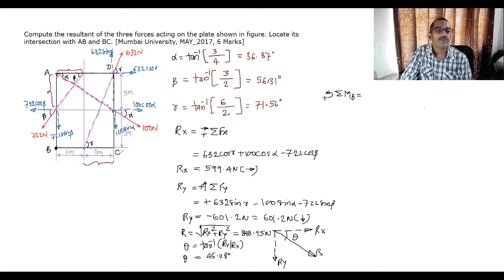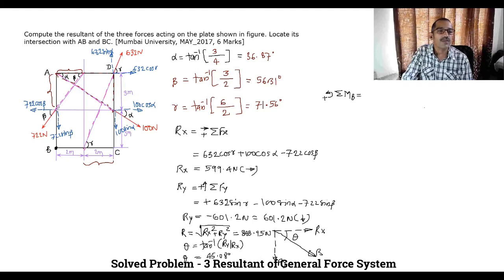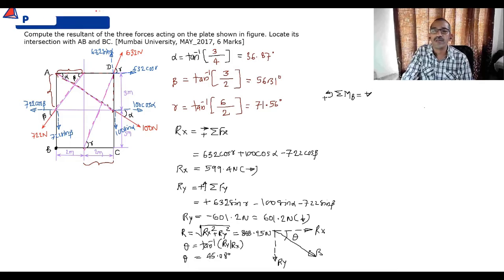Now, about point B, all horizontal and vertical components are ready, right? Therefore, if we take the first one, say 722 is nearer. For the vertical component of 722, that is 722 sine beta, its line of action passes through point B. Therefore, the moment of the vertical component of 722 Newton becomes 0, as the line of action passes through the moment center. For the horizontal component, if we take moment about point B, this bar AB will rotate in anti-clockwise direction. Therefore, this will be positive. Magnitude 722 cos beta, distance is vertical, 3 meter. That means one force is over, right?